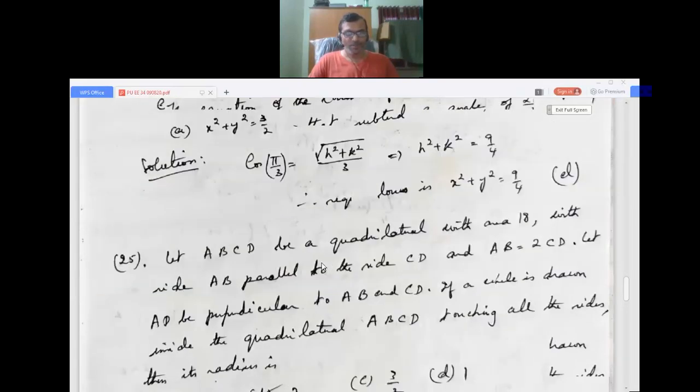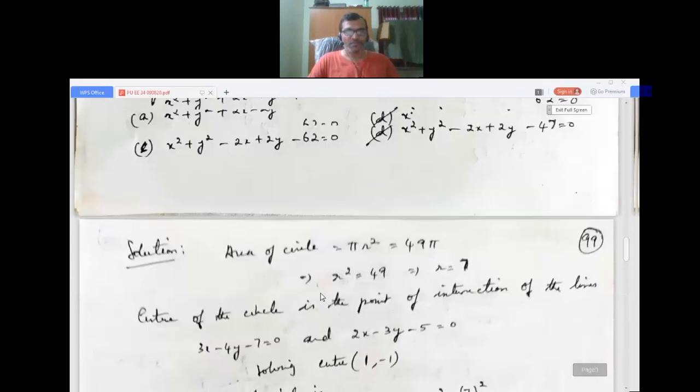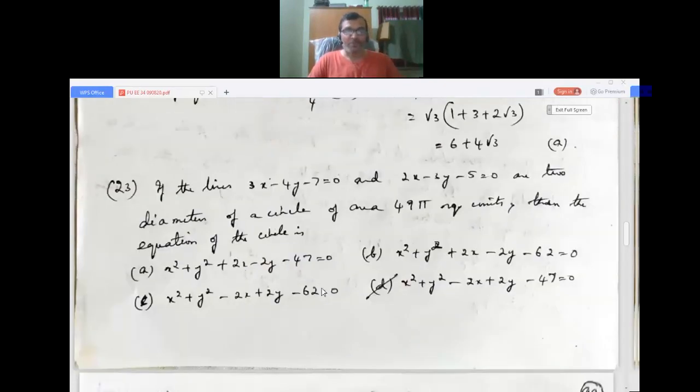Okay. Yes. Now we go to the next question. Question number 23. If the lines 3x minus 4y minus 7 equals 0 and 2x minus 3y minus 5 equals 0 are two diameters of a circle of area 49 pi square units, then the equation of the circle is,